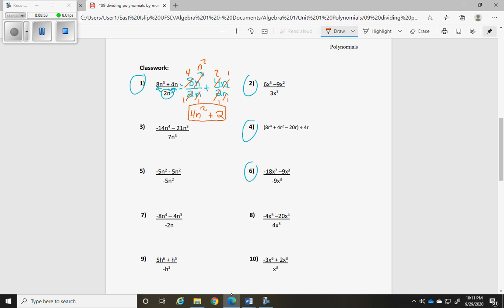So number 2, this denominator goes with each part of the numerator, so we rewrite it as 6x to the fifth over 3x to the third plus negative 9x squared over 3x to the third. I like having a plus sign in between, so I gave this minus sign to that negative. And if I simplify,